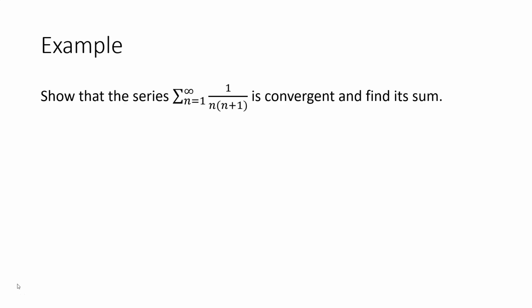In this example, we want to show that the series 1 over n times n plus 1 is convergent and find its sum. Looking at it the way it is, it's not entirely clear how to find the sum of the series. But there's a trick that we can do which will allow us to find an easy formula for the partial sums of the series. We'll call this a telescoping sum, because as we'll see,